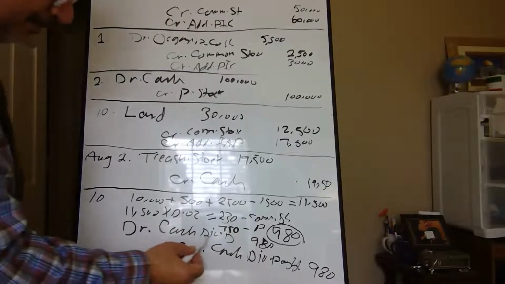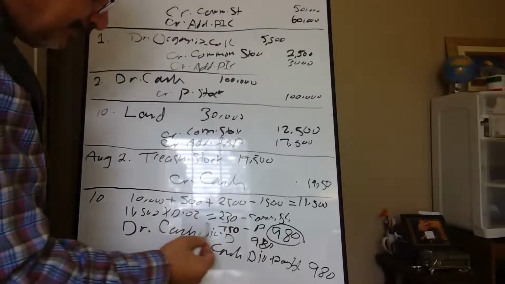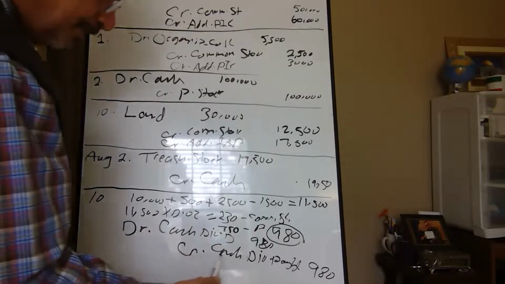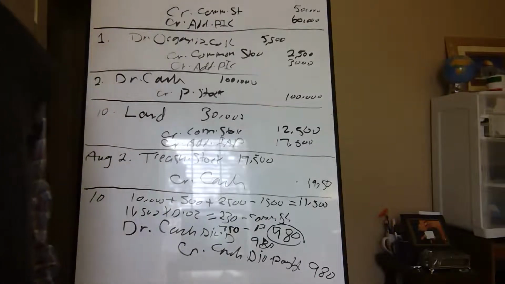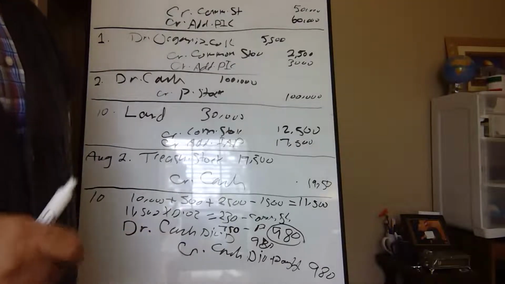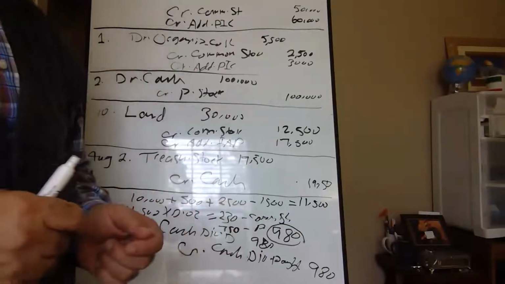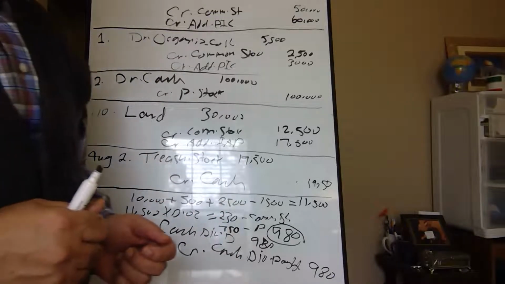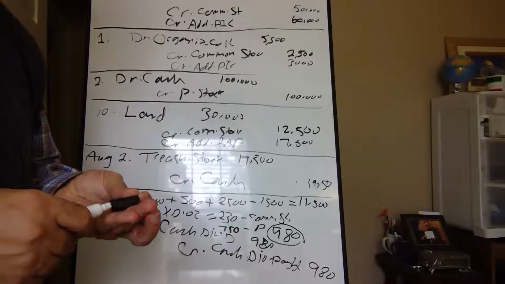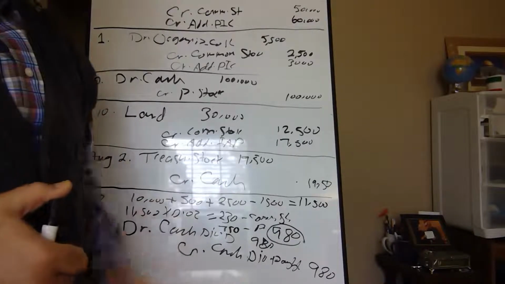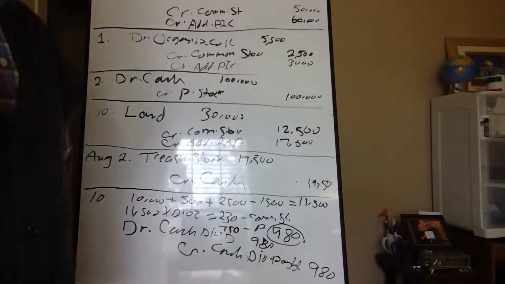We debit cash dividends declared, and we credit cash dividends payable. Why are we saying cash dividend? Because it could be a stock dividend. The dividends can be in stocks or in cash, and instead of getting cash, you'll be getting a number of shares, depending on the company policy. If they say you may get 2% stock dividends,